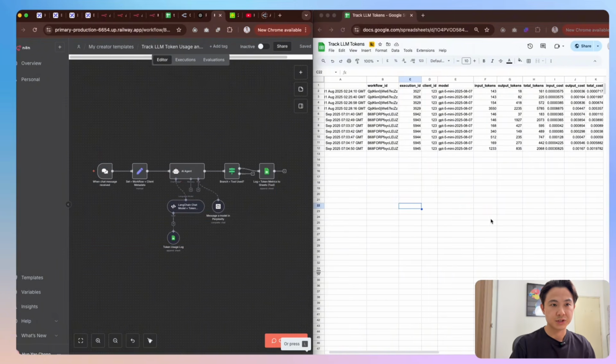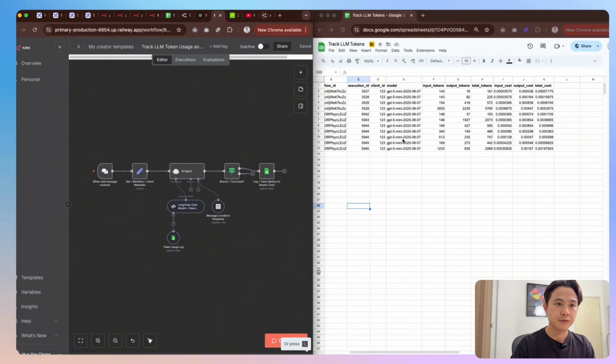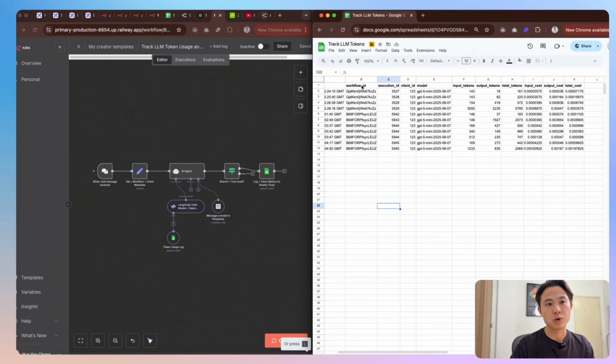On the right hand side, you'll see this spreadsheet, and this is where we track our LLM tokens. Now here you'll see two tabs. The first is just to track the tokens, and the second one is more on observability, where we're tracking what tools the AI agent is calling, etc. Now on this first spreadsheet here, you'll see that there are a couple of things going on. The first is just metadata like workflow ID, execution ID,